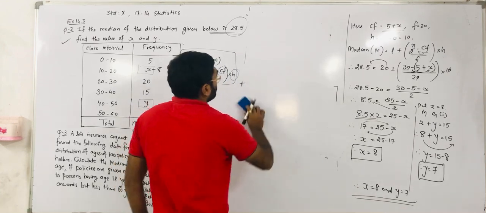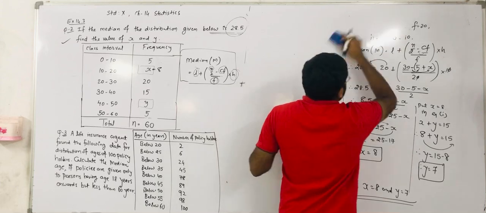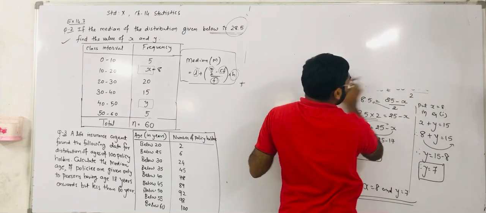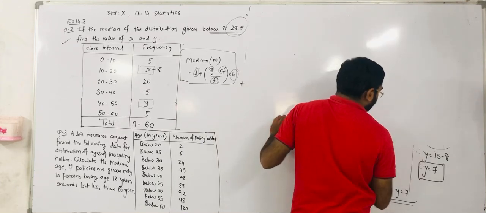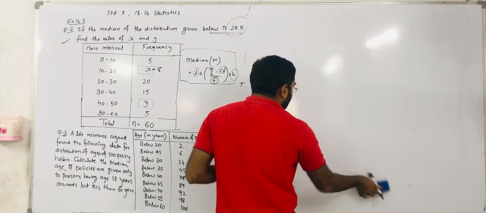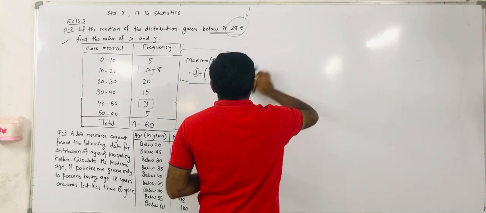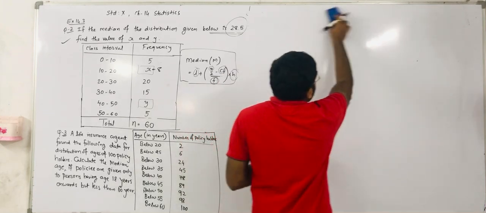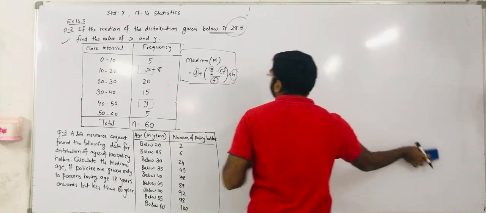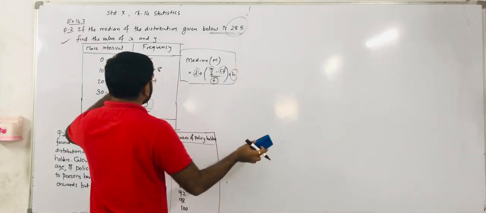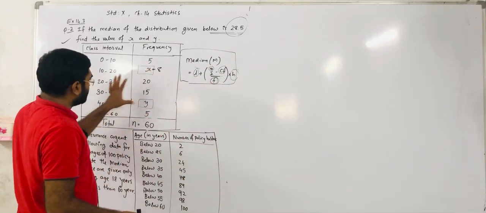In exercise 14.3, the first 4 questions are very important, and they are given at different times. In every question you have to learn something new. In the first question we find the mean, mode and median, which is very simple. But in the second question, we observe a missing frequency value and find x and y. So that thing is different.